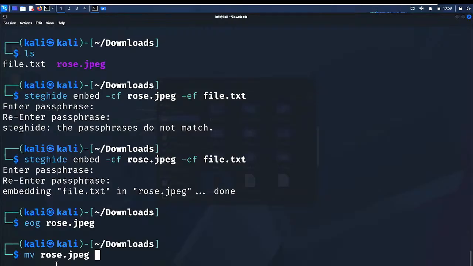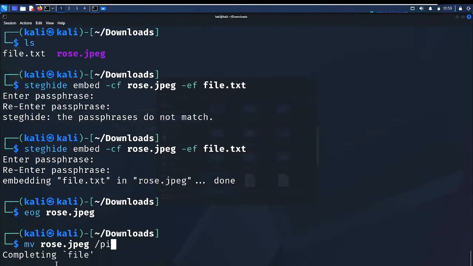So tilde slash pictures. The reason I'm using tilde is that it represents /home/kali. Instead of me typing /home/kali/pictures, I just put ~/pictures.